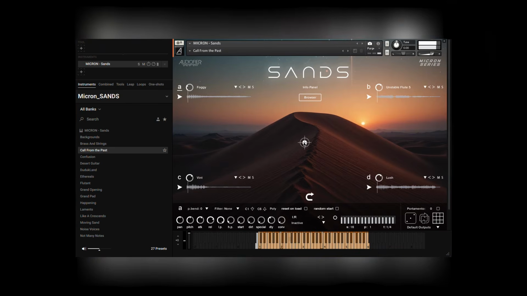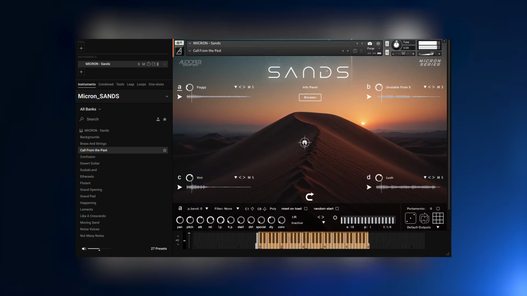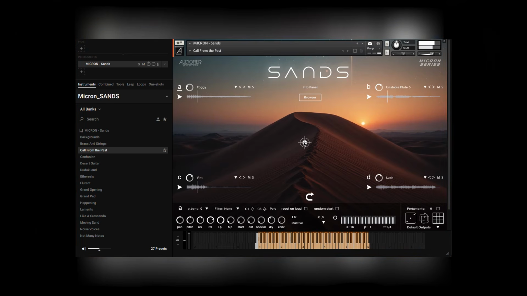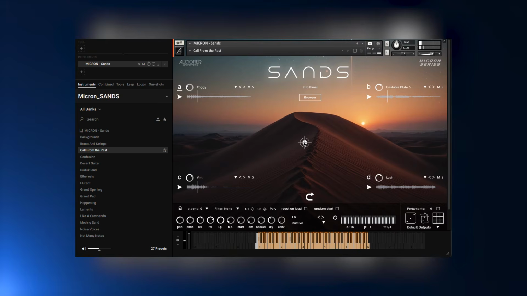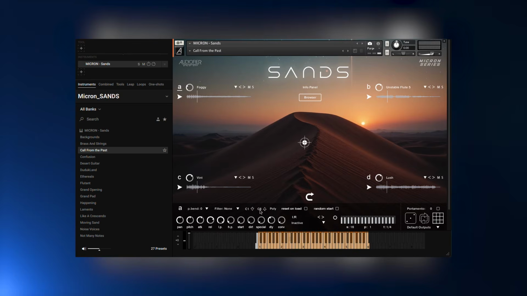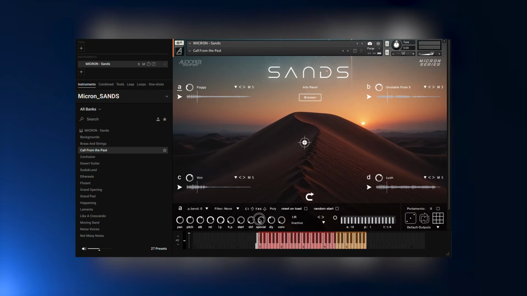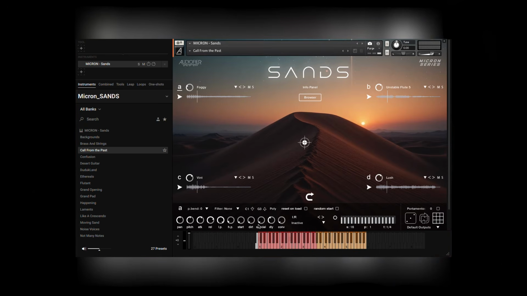Now, the other difference that we have between the Playable and the Atmos XY type libraries is that we can also define the range for each layer. So I can set layer A using these 2 controls over here. Now I can see C1 and C6, but I can limit the range and I can see the colors changing there for layer A. But now I know that I can play layer A from C1 to G3 only, so